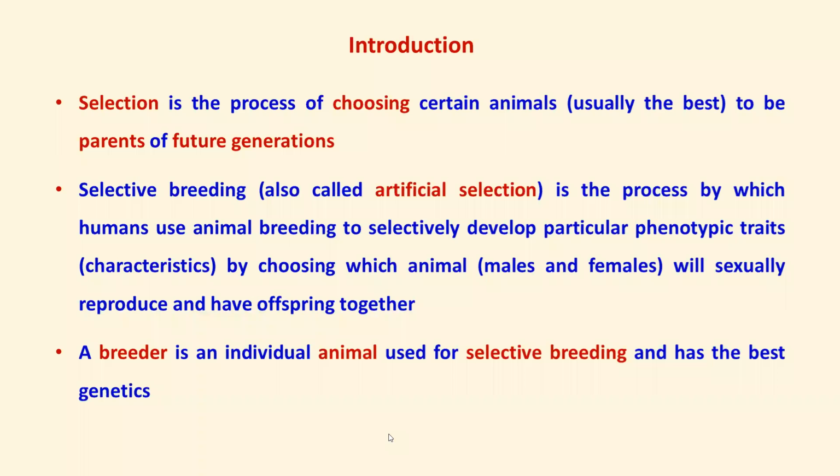Suppose you want to select animals for some meat trait, then the animals which perform well in the milk trait are not your breeder animals. They may be very good in milk production, but you want to improve the meat trait, so you have to choose those male and female animals